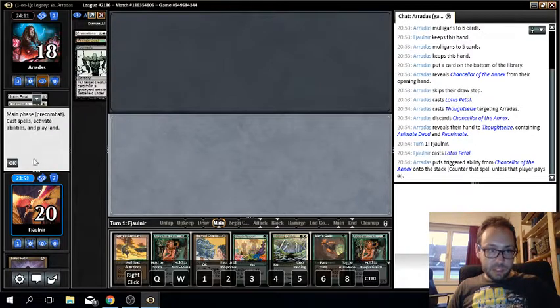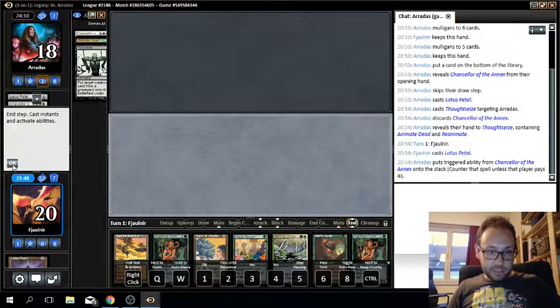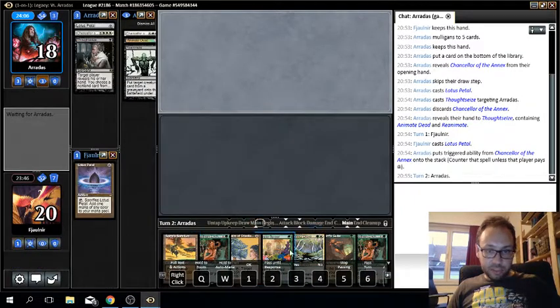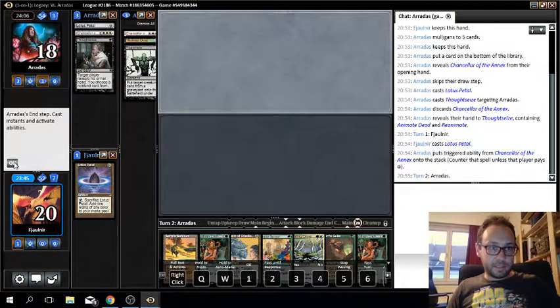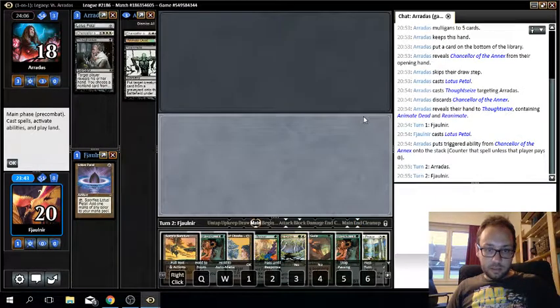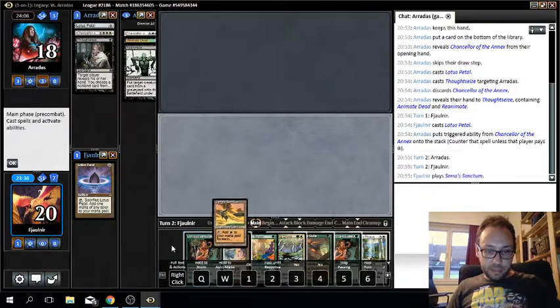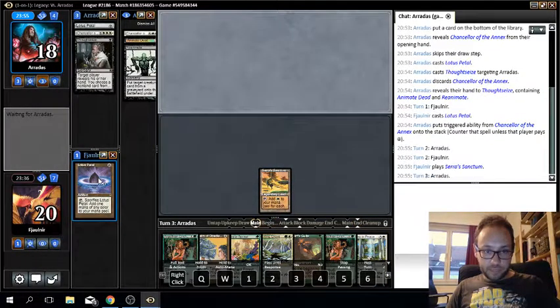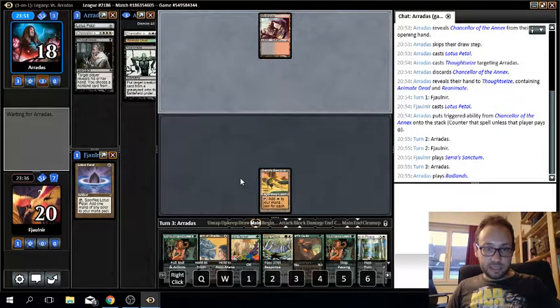I think that's a mistake, to play out the petal, probably. But I don't think this hand is gonna beat a Chancellor of the Annex. Ooh, Rest in Peace. Yeah, I think here, because they don't have a land to play their reanimate, I need to play towards my Rest in Peace. And if I did not play the petal last turn, I could have kept it for when I drew an actual land, but